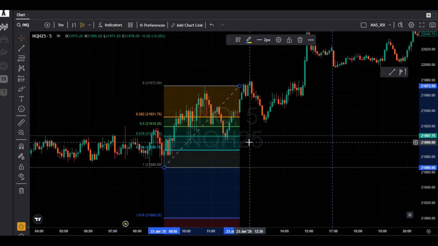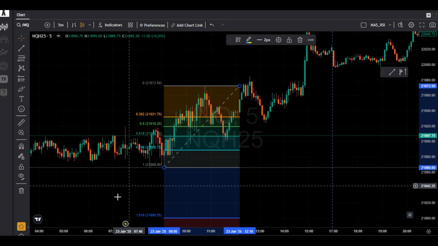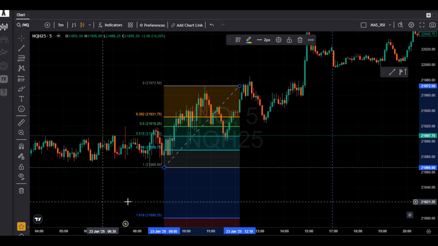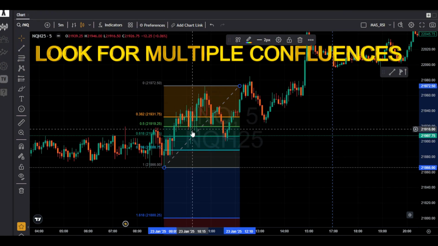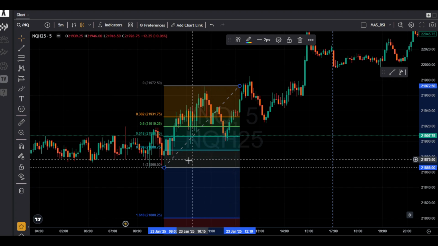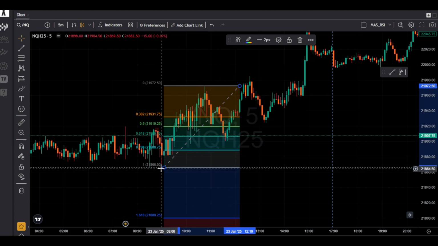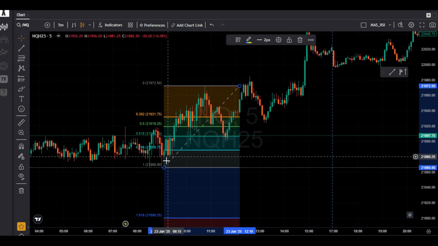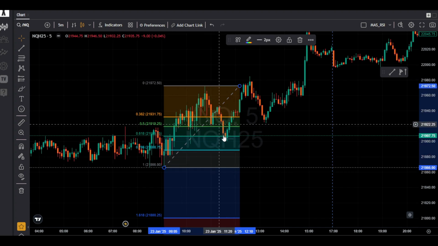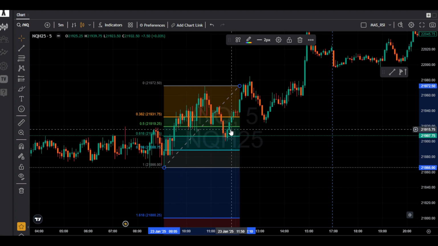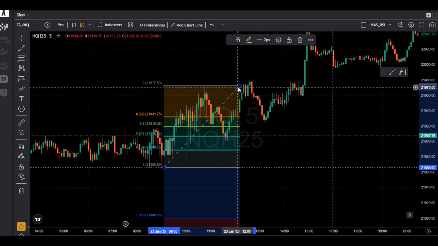You just have to combine it. If you want to draw a trend line, maybe you can see all the way from the back there's a trend line or some other confluence like moving averages, RSI, so many things you can combine with. Just for the sake of simplicity, if you just want to be a price action trader and don't want to rely on indicators, you can have a clean setup all the way over here at 0.618. We enter here and target 0.0, and this is a good trade right here.